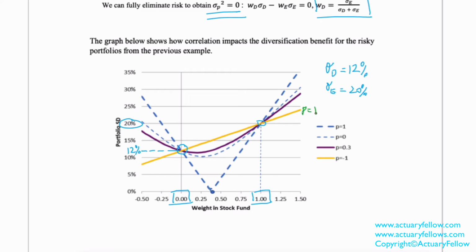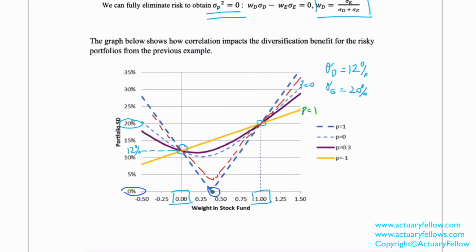For perfectly negative correlation, the portfolio standard deviation also has a linear relationship, but at a specific weight, the portfolio variance can be 0. It's shown by the dashed blue line. For correlation closer to -1, the curve will be closer to the V-shaped line, as you can see in the dashed blue line that has correlation of 0. If we have a correlation equal to -0.8, we will have a steep curve really close to the V-shaped line